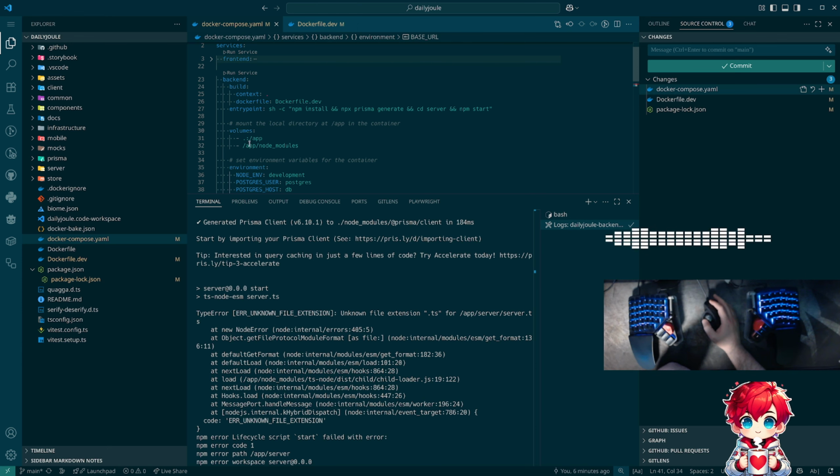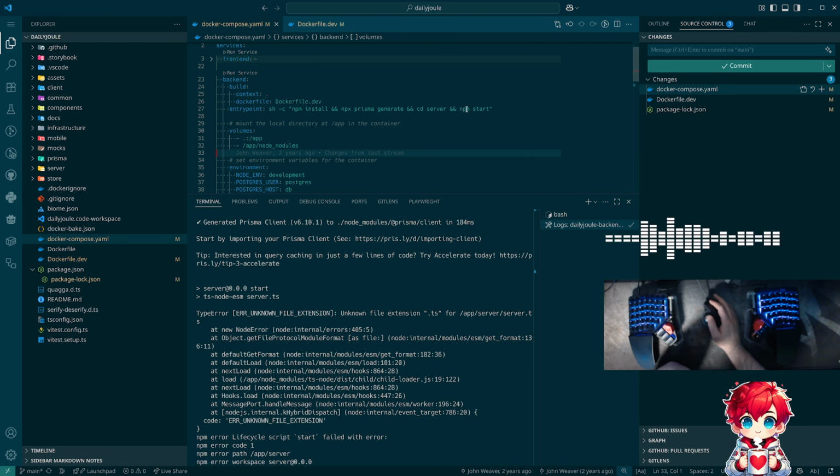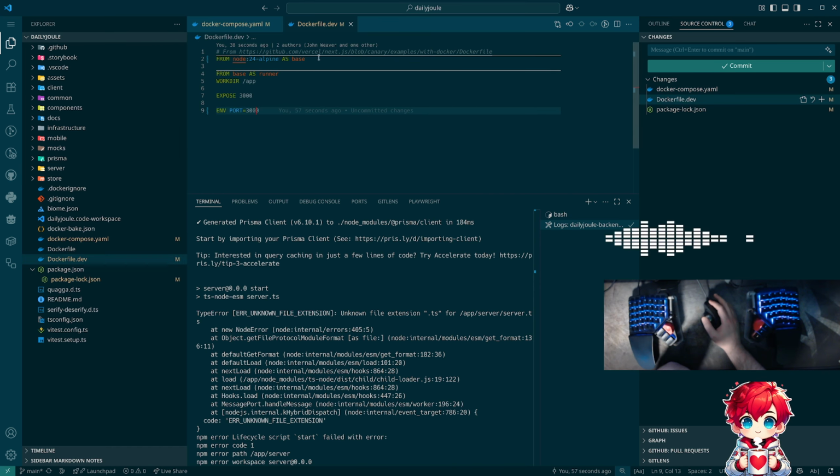So here we map the current directory to app, and then we override the node modules inside of app with an empty volume that'll be provisioned for it. And then we expose port 3000. We set the environment variable port to be 3000. So when we cd into server and do npm start, we are working in the context of this folder, actually. Okay, and so npm start,